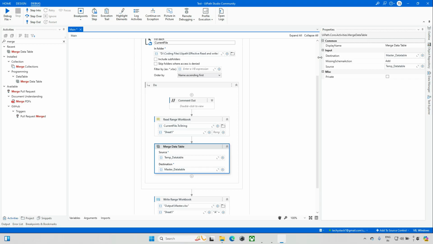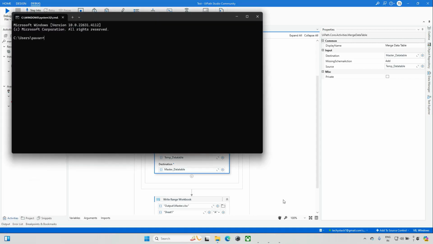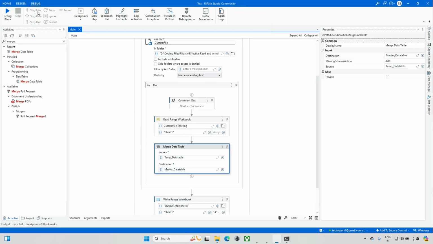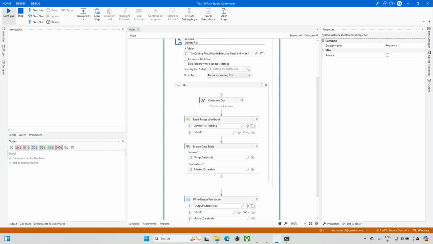This is my destination, my master. I want to store the data there, and the source is the temp data table. So everything looks good. Are there any Excel files open? We'll just kill these Excel files. There are no Excel files open either. Okay, we are rerunning this automation again, and I think it should not throw that